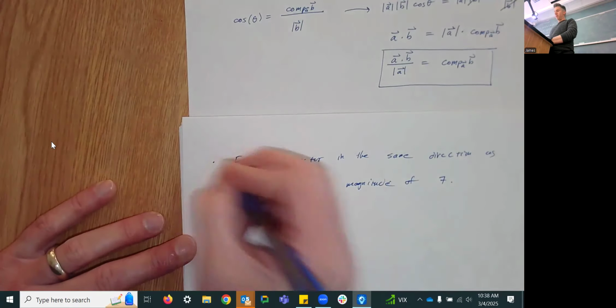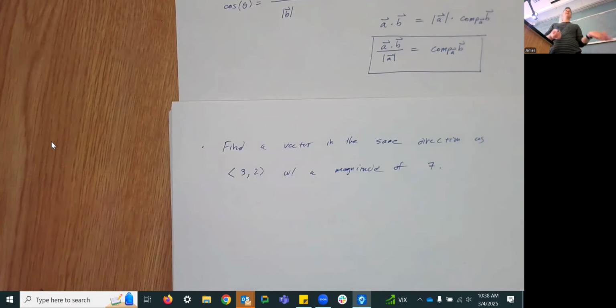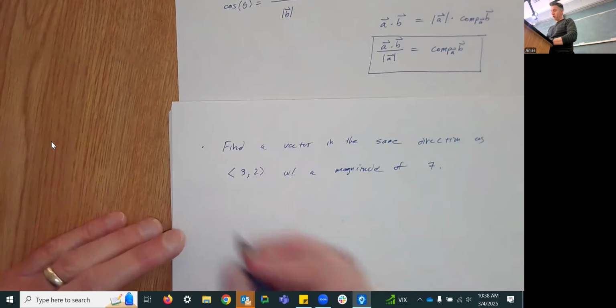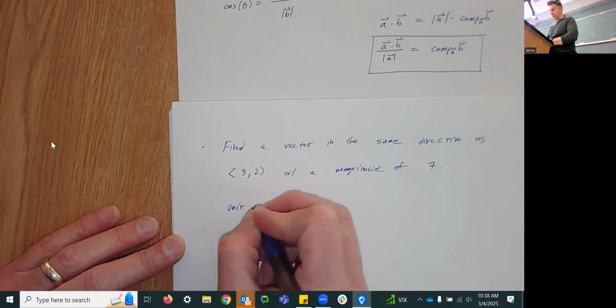I know this feels like it might be unrelated, but it's definitely related. So how do you find a vector in a certain direction with a certain magnitude? Well, you find a vector of length 1, or the unit vector in that direction, and then you multiply it by the length you want it to be. So the unit vector in that direction,